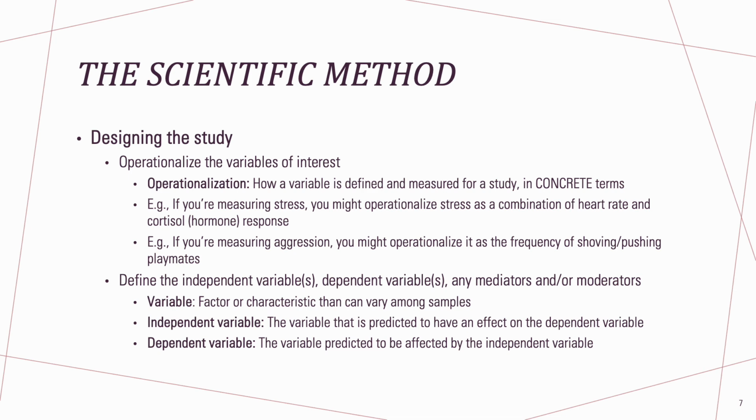So you might operationalize stress as a combination of heart rate and cortisol response. If you're measuring aggression, you might operationalize it as the frequency of shoving or pushing kids in an observational context. Or you might measure aggression based on a self-report measure of a teacher writing about her perceived behavior or her perceptions of how a child is acting in the school environment. So it's really important that we are operationalizing our variables and using measures that actually tap into the concrete variable